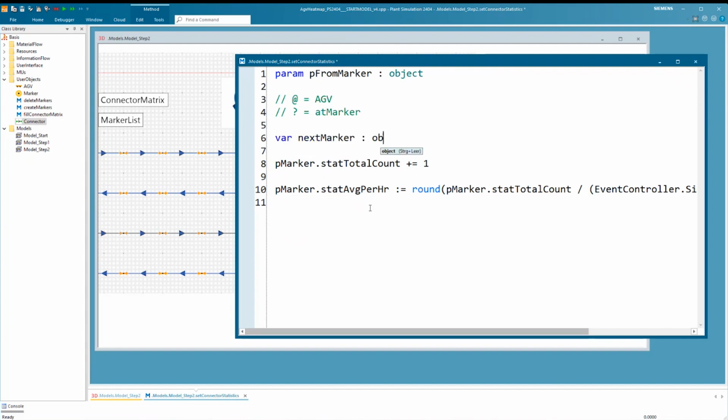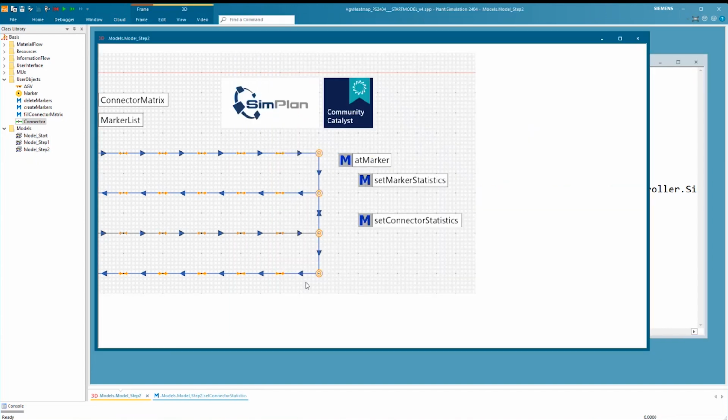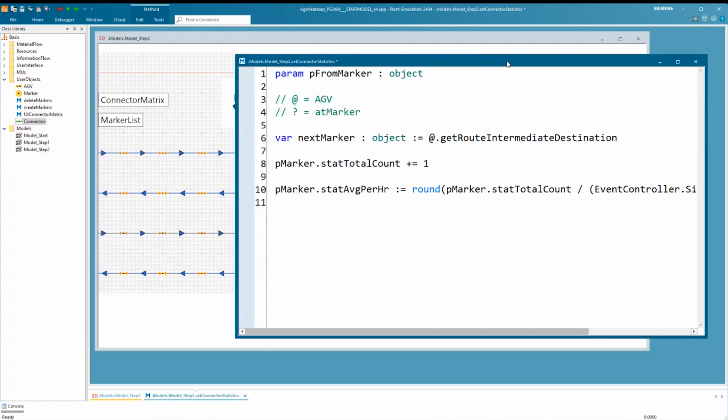So for that, I can ask the AGV to give me its intermediate route destination. But of course, my AGVs are driving through the layout. Once they have reached a certain destination, they will stop there for 5 seconds and then they drive on to a next random destination. So it may be that I arrive at the marker and then I call this connector statistics method, but I don't have a new destination yet.